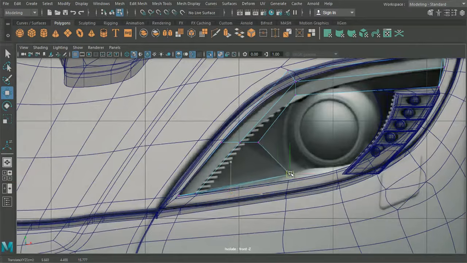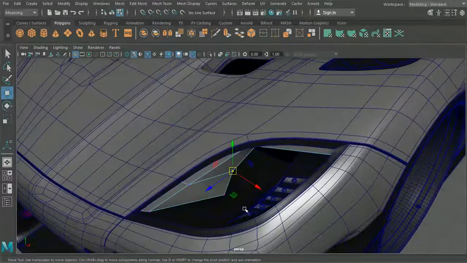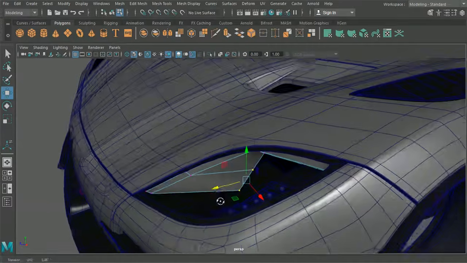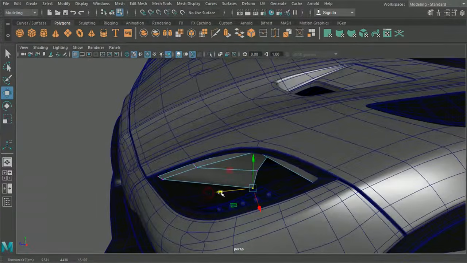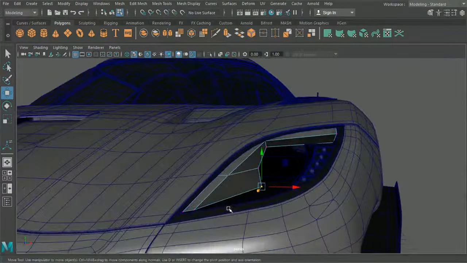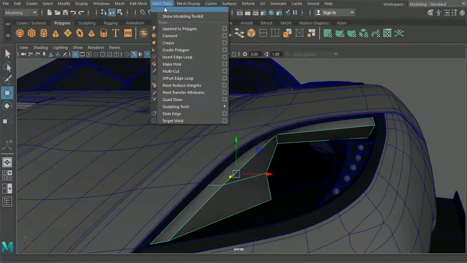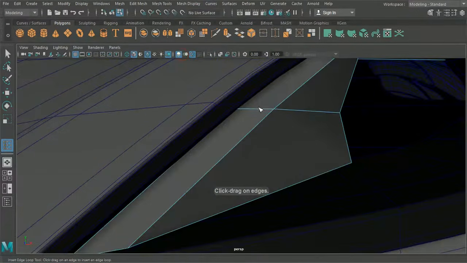So these appear to actually come up and along here. Like so. So we're going to want to set some edge loops on here, so we'll drag one to this side, here and here.